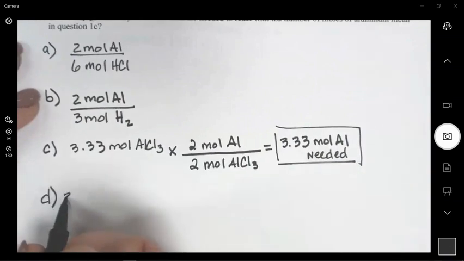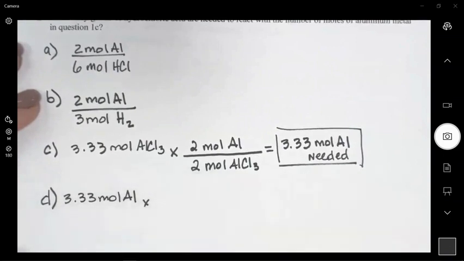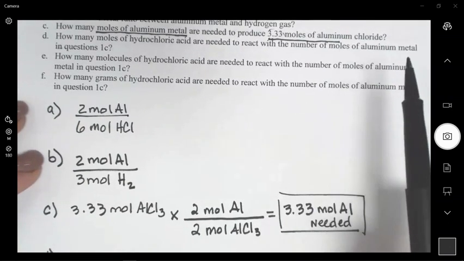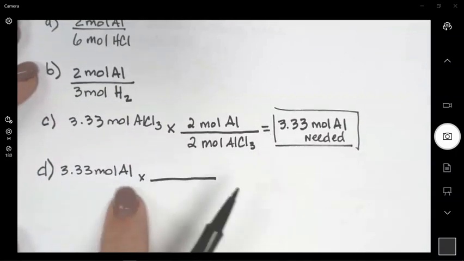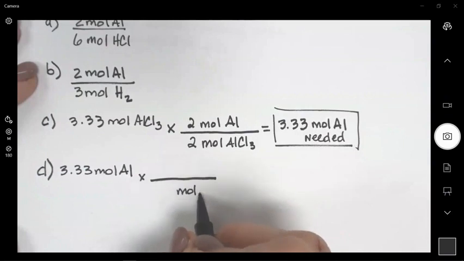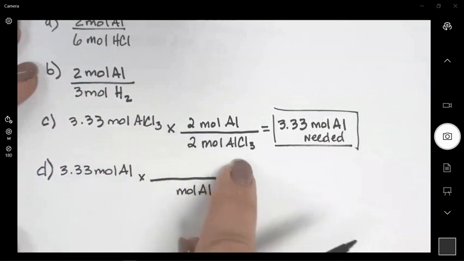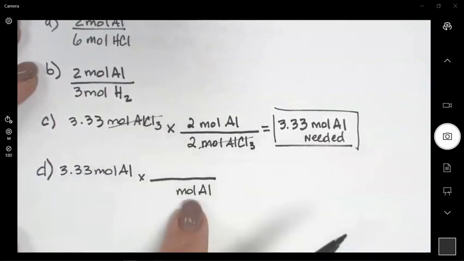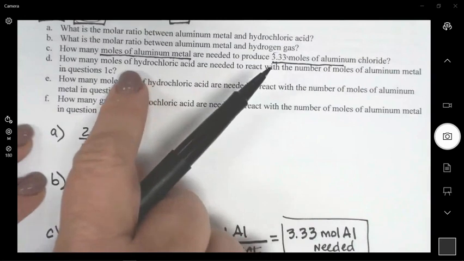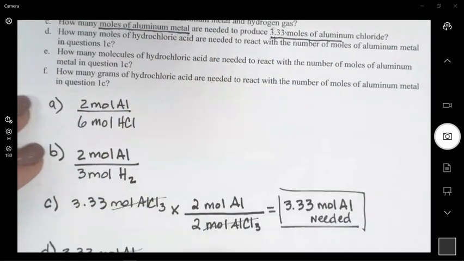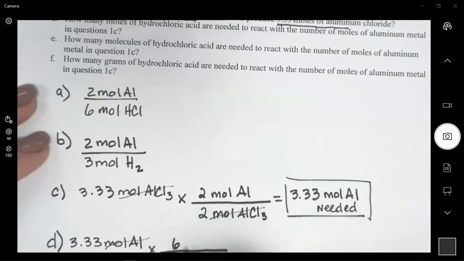So we start with 3.33 mole of aluminum, and I'm going to multiply it by a mole ratio. What do I know about the mole ratio 100%? That mole of aluminum must go here. Do you see how you cancel on the diagonal? Anything over itself cancels out. So this is going to cancel out. How do I know what to put on top? What are they asking for? Hydrochloric acid. So mole ratio between the two. There are 2 moles of aluminum for every 6 mole